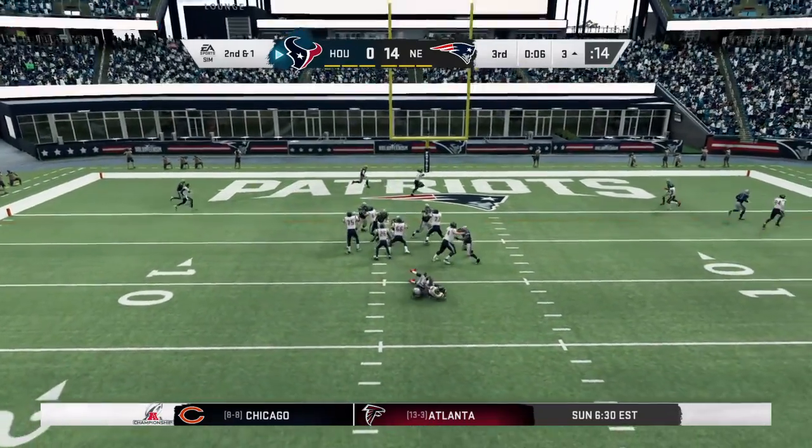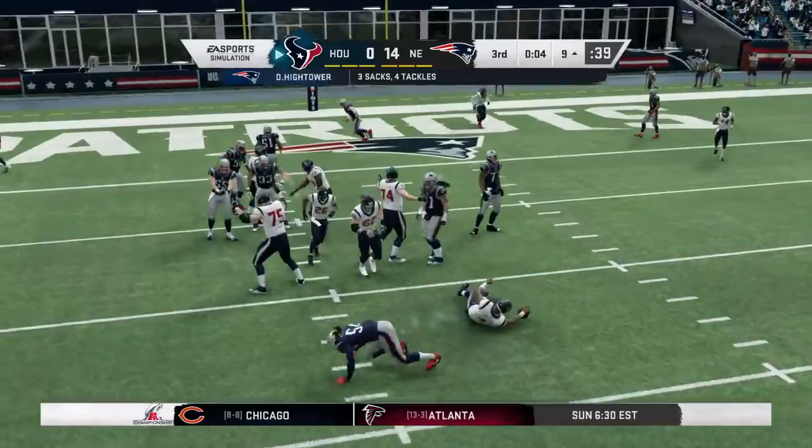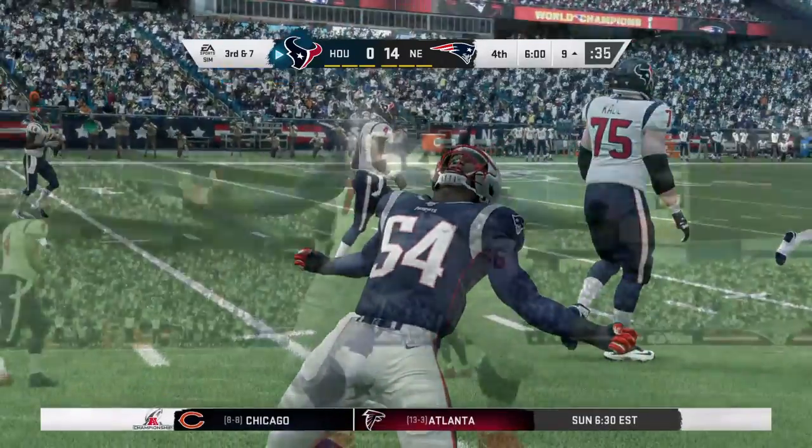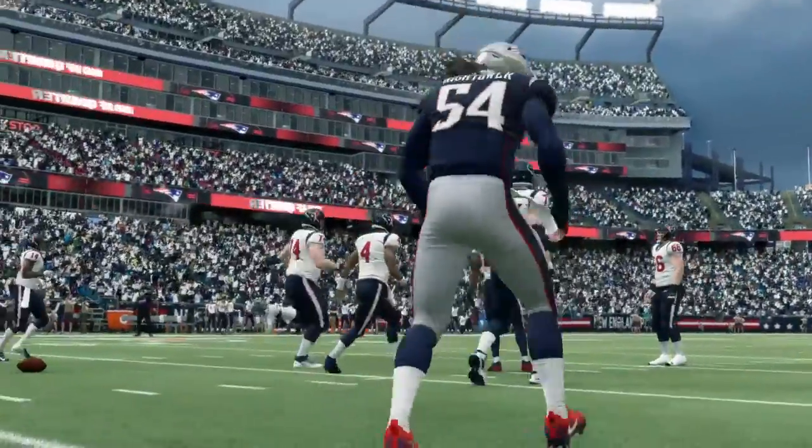To throw again on second down. Watson. You see me? You see me? They can't stop me out